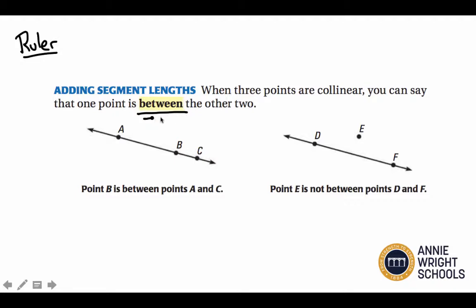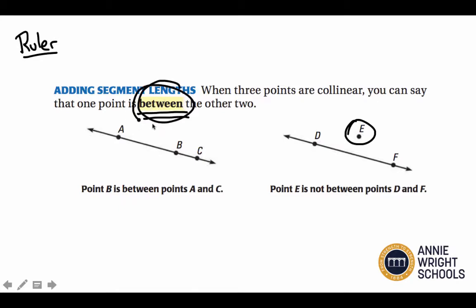If you go to study math in college, and you take a geometry course in college, this is a very sticky definition. This is hard to define. We're going to have a very intuitive sense of it. We're going to say that when 3 points are collinear, you can say that one of them is between the other two, and we're just going to leave it at that. A, B, and C are all on a line. We can say B is between A and C. D, E, and F are not on a line, so we cannot say that E is between D and F. They have to be collinear points to use the definition of between.